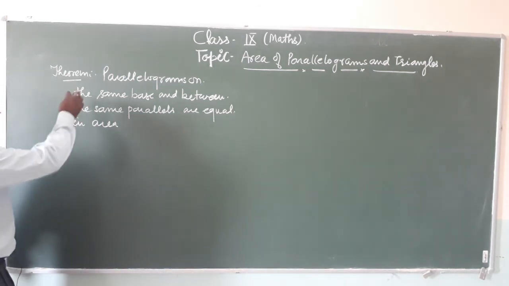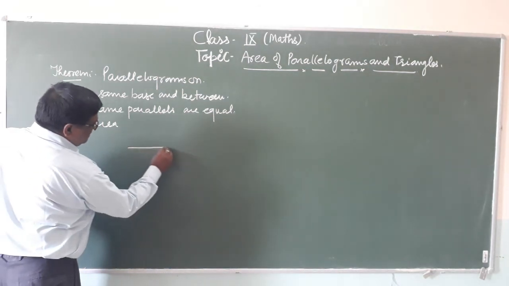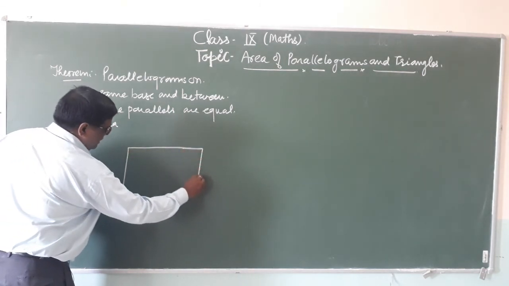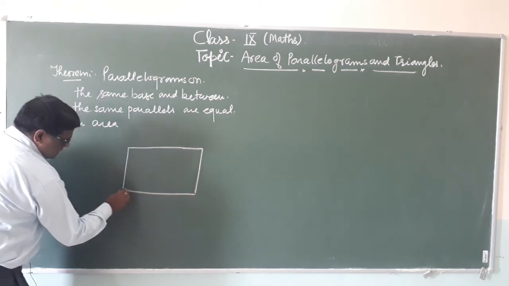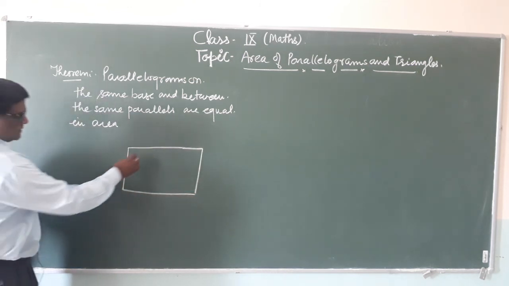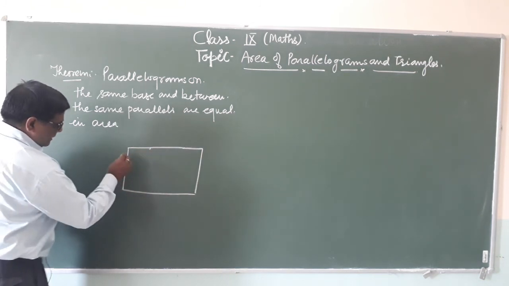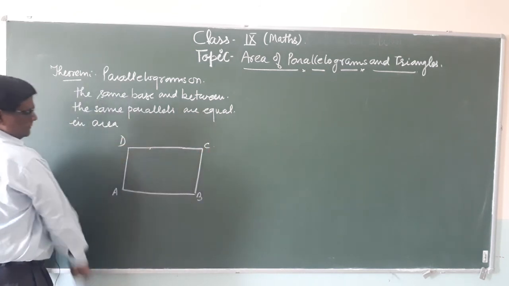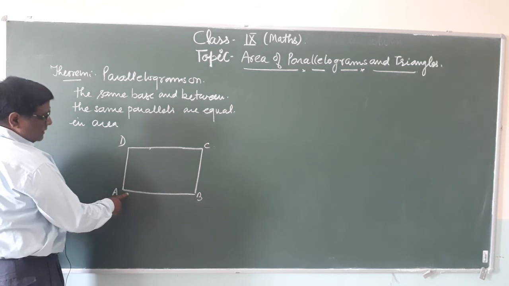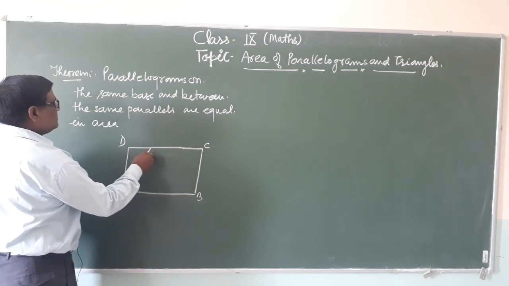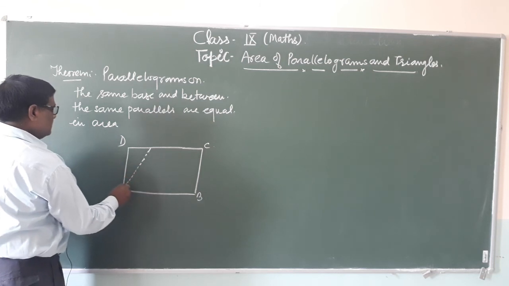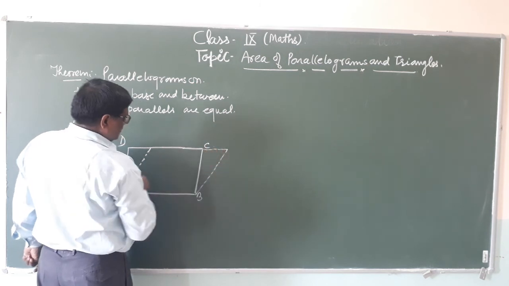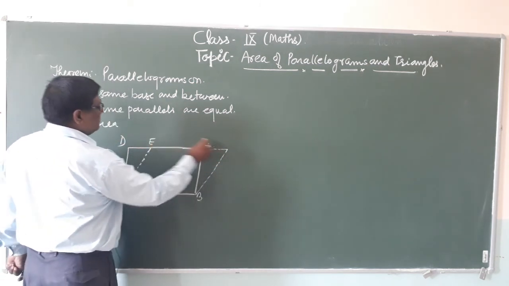So first of all we draw the figure. Let us suppose that this is a parallelogram. By the definition of parallelogram, opposite sides are equal and parallel. That is, we have to draw a parallelogram ABCD. Now draw another parallelogram, whose base is AB, so this can be drawn this type of. Now take this, therefore ECD, E and F.